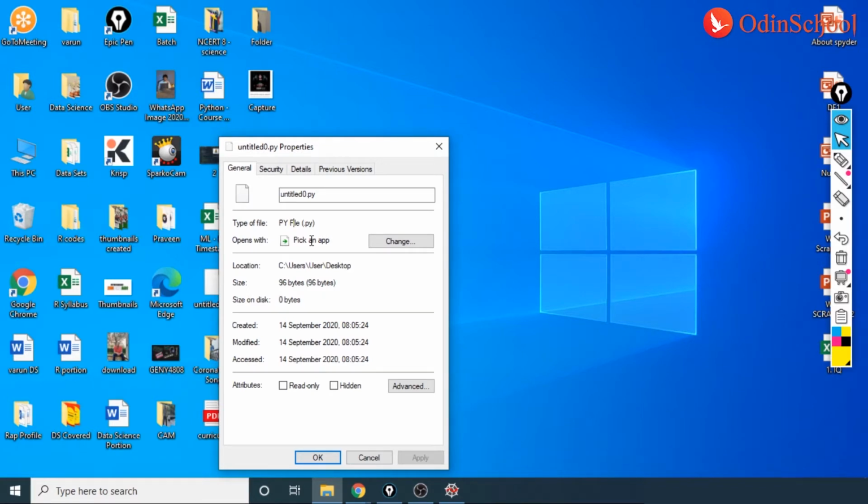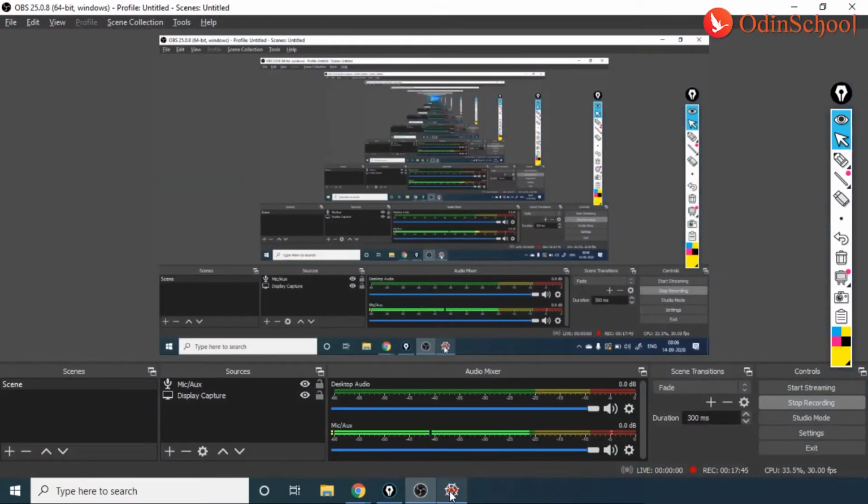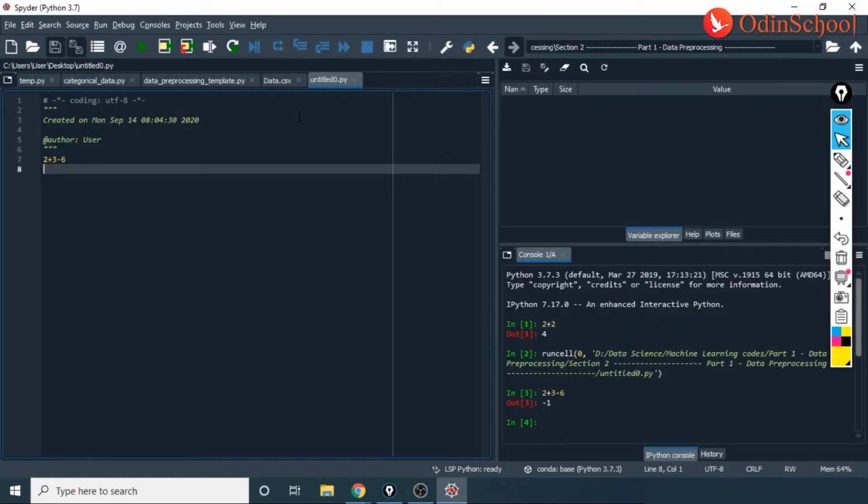Now when we are saving something in Jupyter Notebook, guys, that would be a .ipynb. Now that's the difference when we are trying to work on each of them, right? So yeah, here I am considering 2 plus 3 minus 6 and it got saved there.